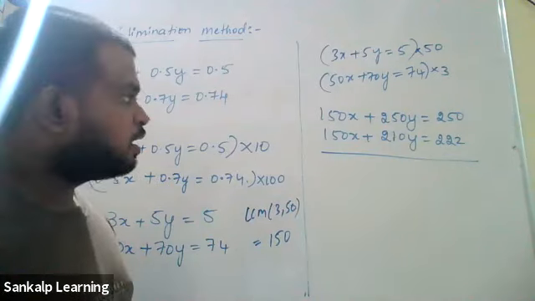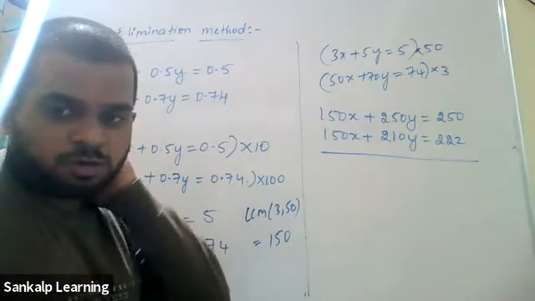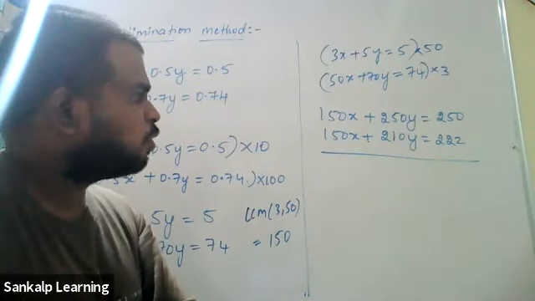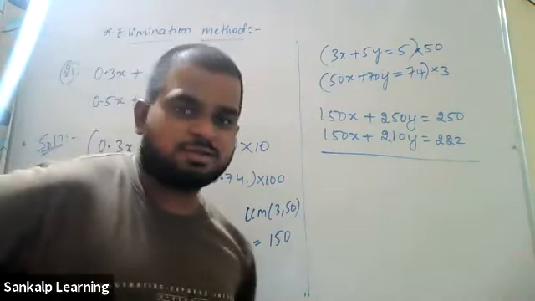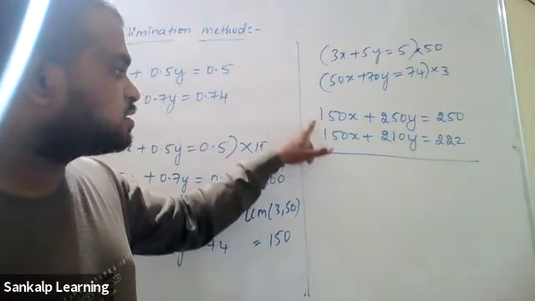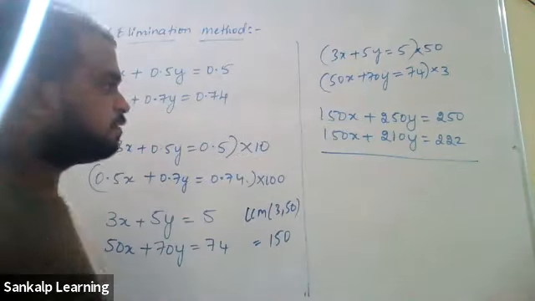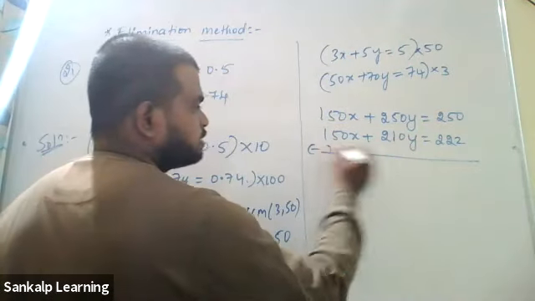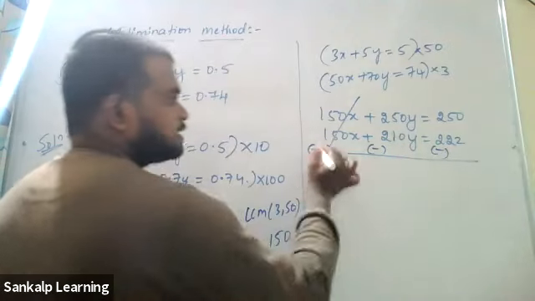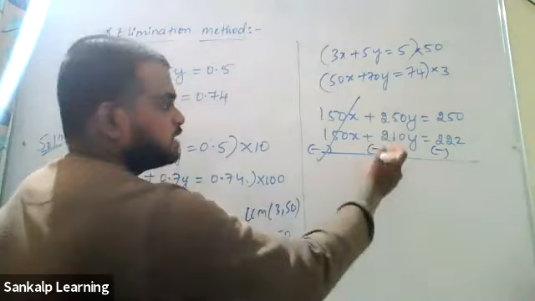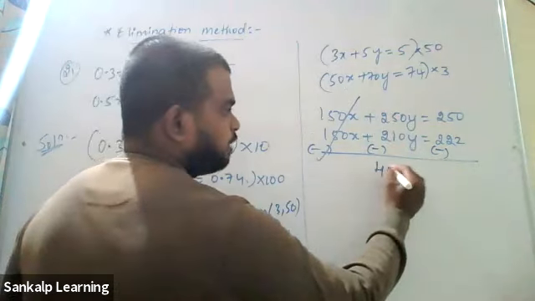Now let me ask Kumuda, will you change the sign, yes or no? No, sir. No, why? Because today is Wednesday. Yes, sir. We will change the sign, sir. You will change the sign, right? Why? Because both have got the same sign, positive, positive. This is also plus 150x, this is also plus 150x. Throughout you have to change to minus, minus, minus. It gets cancelled. This is plus, this is minus. The signs are different, so subtract. So plus 250 minus 210 gives you 40y.